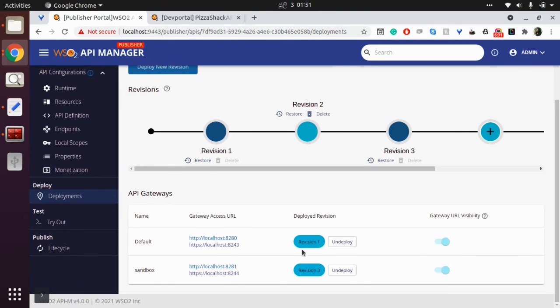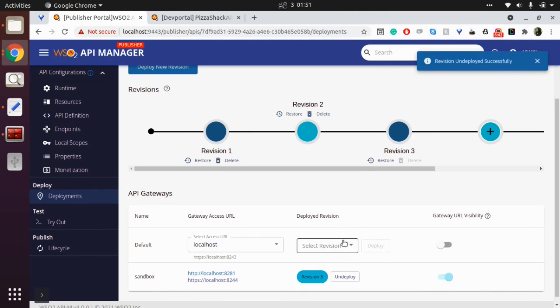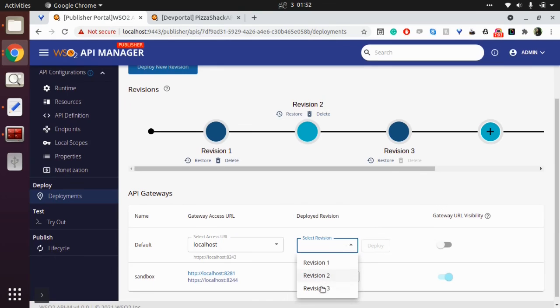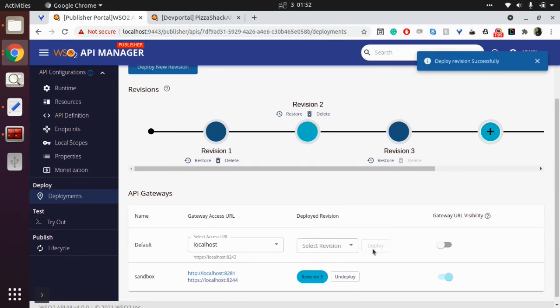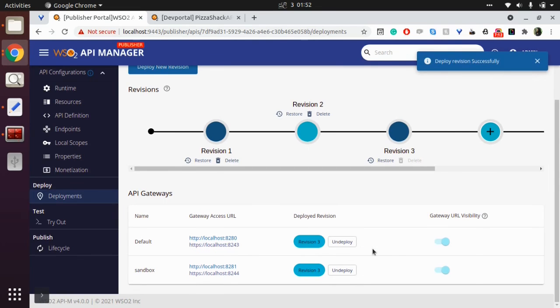In that case, we have to undeploy the deployed revision from the gateway first. For that, click on the undeploy button. Now we can deploy revision 3 in the production gateway. Let's select revision 3 and click on the deploy button. Now my API changes are available in the production gateway.